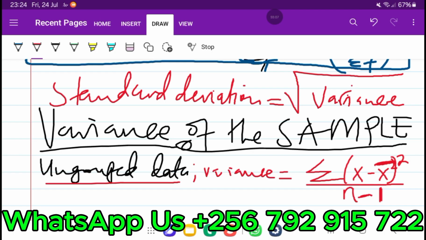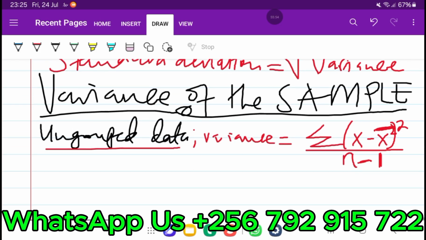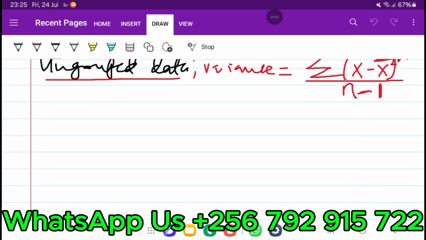We divide it by n minus 1. So we get x minus x bar divided by n minus 1. We use n minus 1 instead of n. There is also another formula, and both of them give the same answer. It depends on what you want to use. If you don't use that, you can use this one,